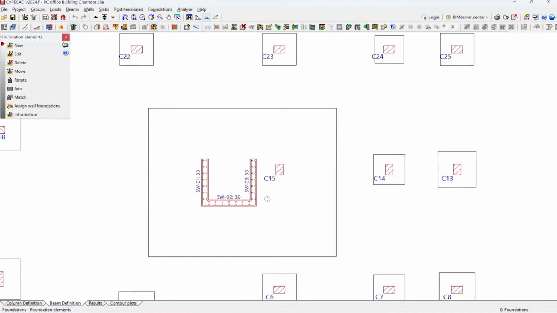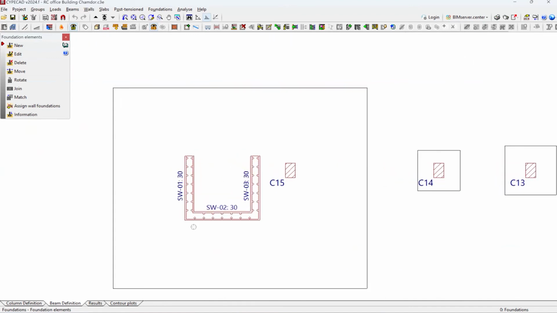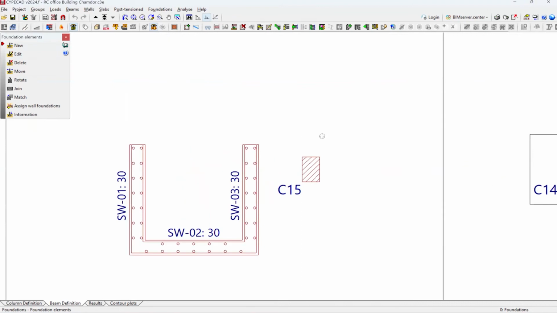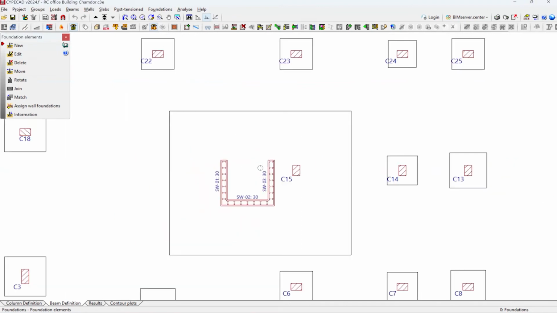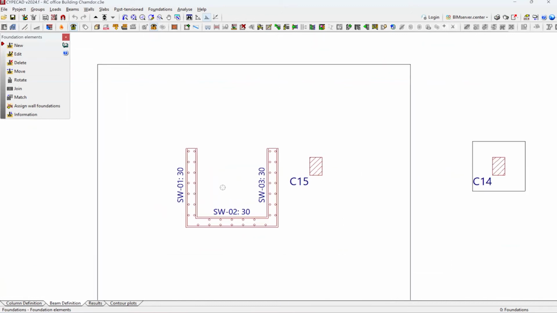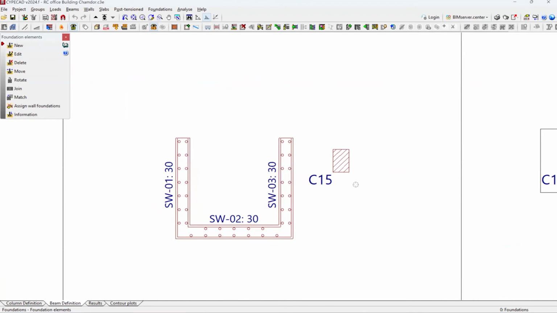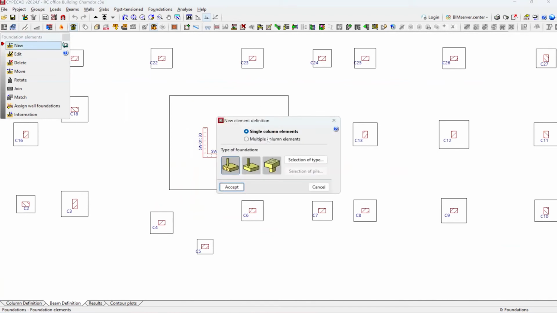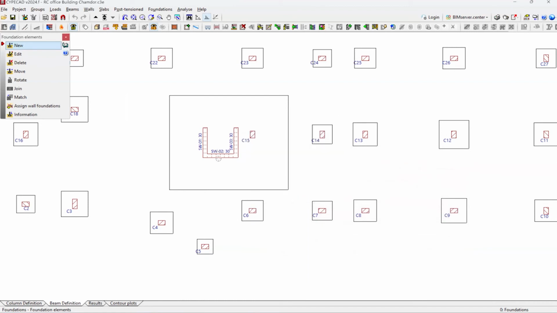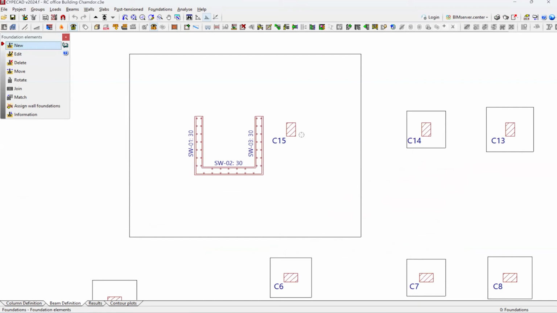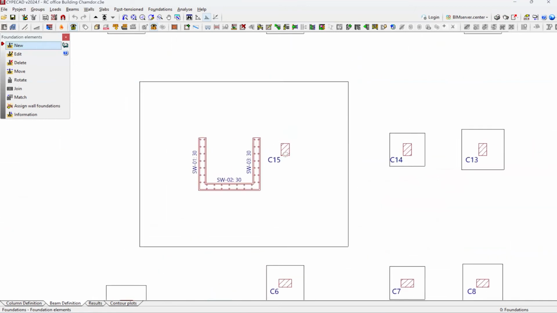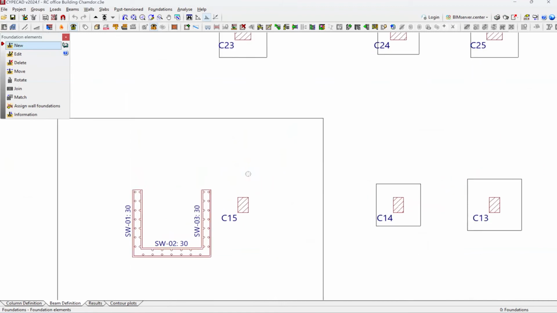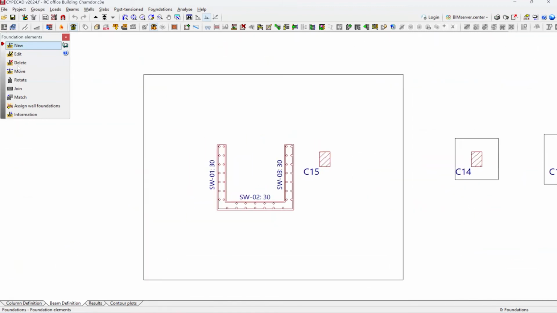Also, since at the beginning I assigned the shear walls as fixity and the columns also as fixity, I was able to combine the footing between the two vertical elements, the shear walls and the columns. By just clicking new, then you go mark columns, you select, then you accept, you click there, you click on the other side, then it combines the footing. I don't want to do that now because the project's already modeled, but it's simply where you just click